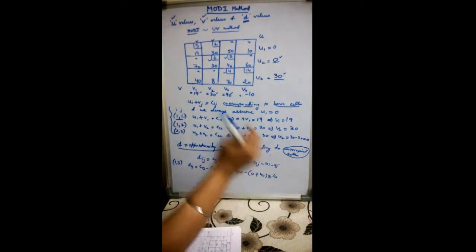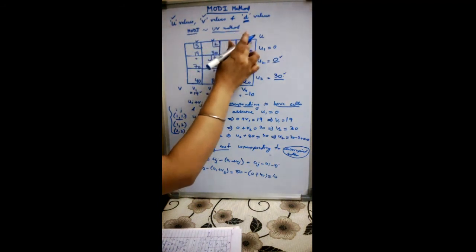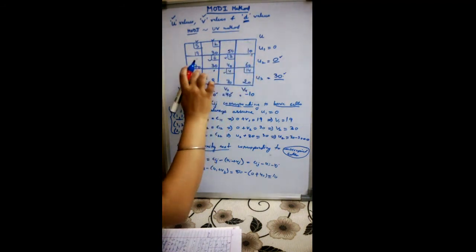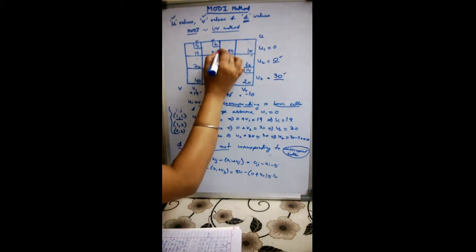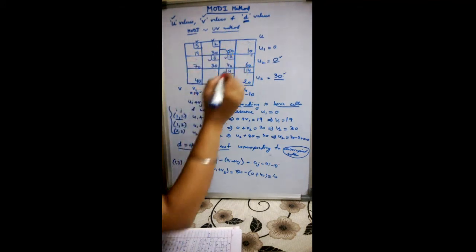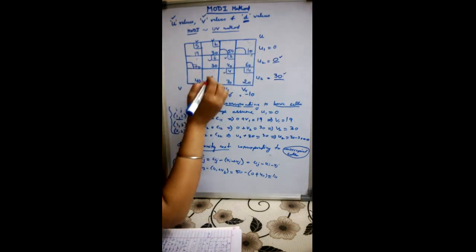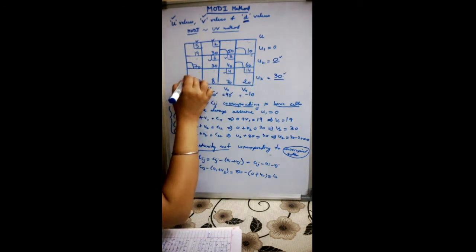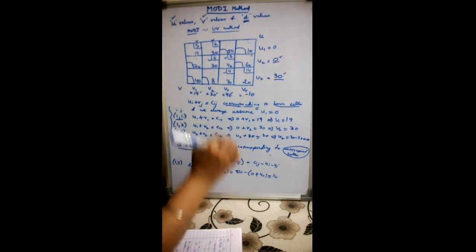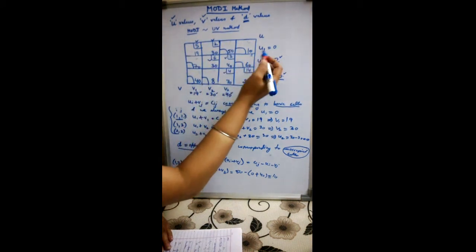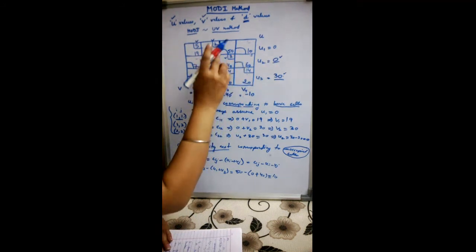Or you can directly write down the D values here. In each cell we write the D values here, as in for unoccupied cells. We'll make a sort of bracket here and we write down the D values here for unoccupied cells. And the formula to find the D values is Dij equals Cij minus Ui plus Vj. So for this particular unoccupied cell, this D value we will write down here.